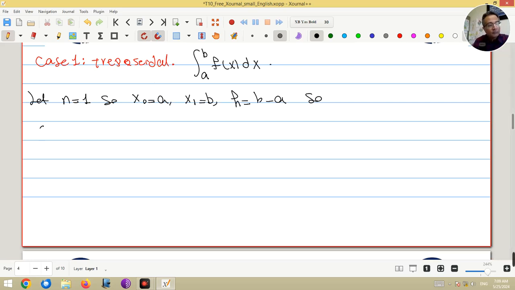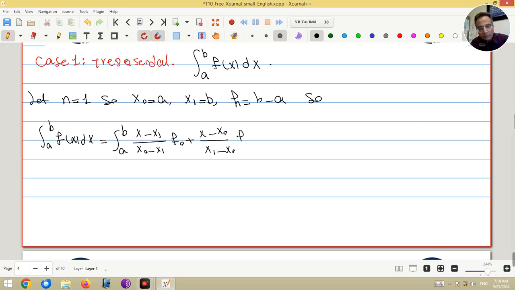So the integral from a to b of f of x dx, because we have just two points, we put instead of f of x the Lagrange interpolating polynomial, and it will be x minus x1 over x0 minus x1 times f0 plus x minus x0 over x1 minus x0 times f1, dx, plus